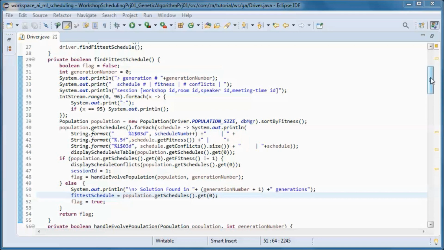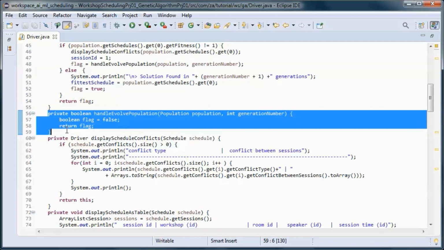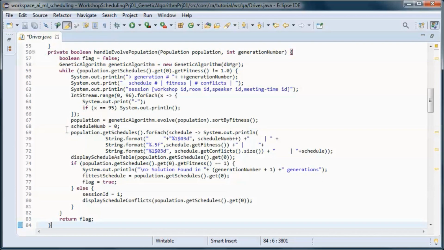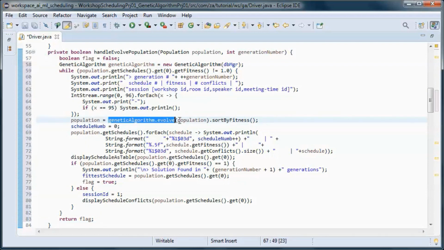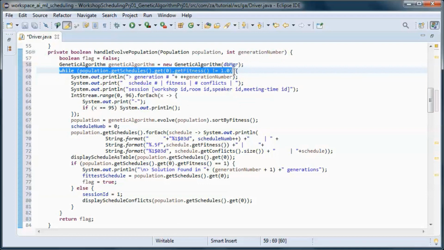And this method calls evolve method in the genetic algorithm class, while we haven't found a schedule with zero conflicts.